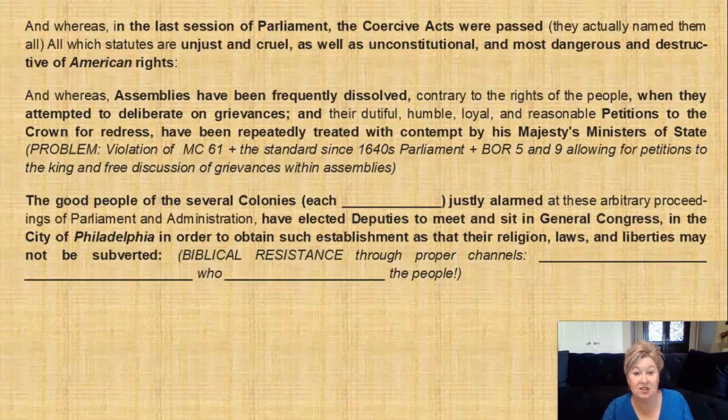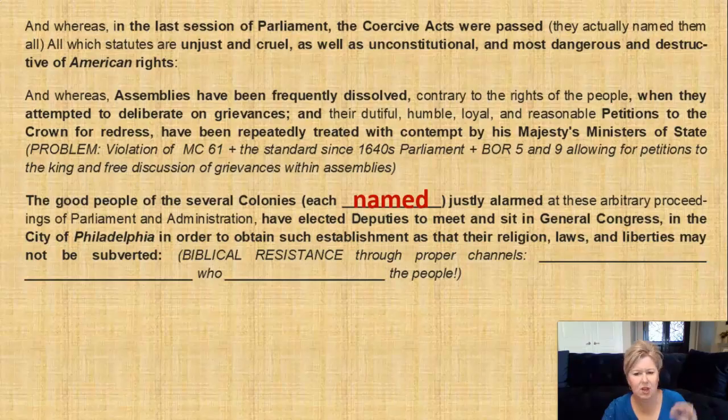It's been the standard since the 1640s that Parliament controls its own meeting times. You can't just dissolve our assemblies because we have a grievance against the abuses of the king. Bill of Rights, Article 5 and 9 allow for petitions to the king and allow for free discussion of grievances within our assemblies. The good people of the several colonies, and they then name all of the colonies that are